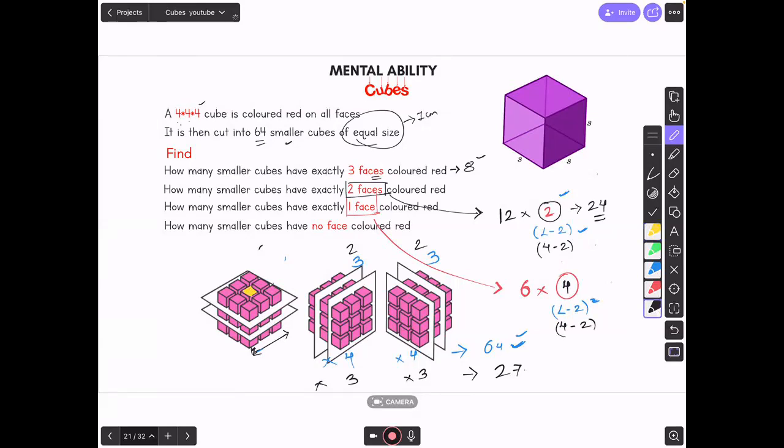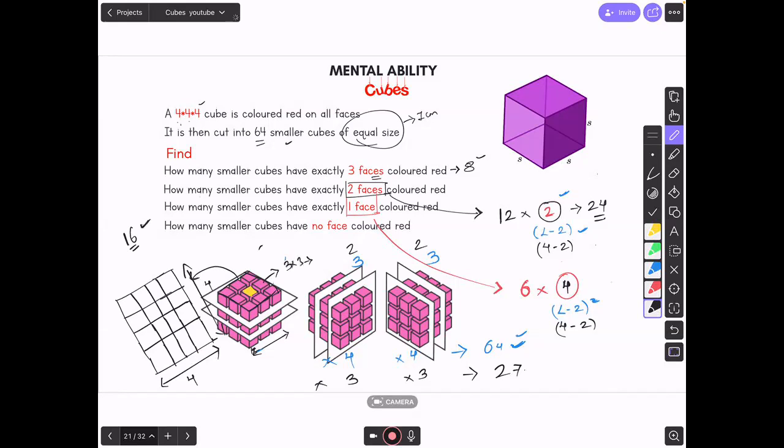Now let me tell you how. I'm taking this face out. It's not 3 centimeter, it's 4 centimeter. So let's draw a 4 centimeter cube here. As I said, this is just for your understanding. Just use the formula in the exam. Some such cube will be there, 4 centimeter this side and 4 centimeter this side. 4 into 4, total number of cubes is 16 per face. Last time it was 3 into 3, 9.